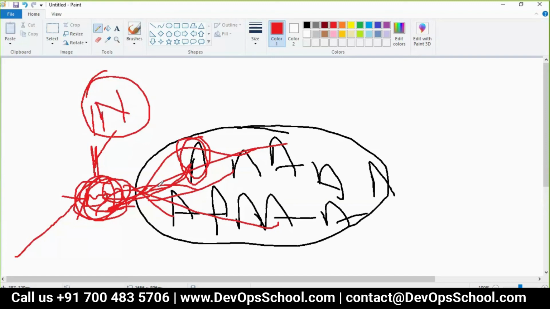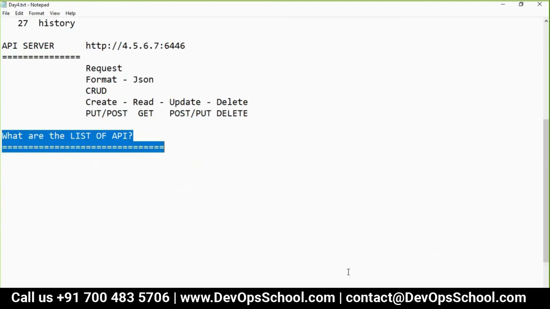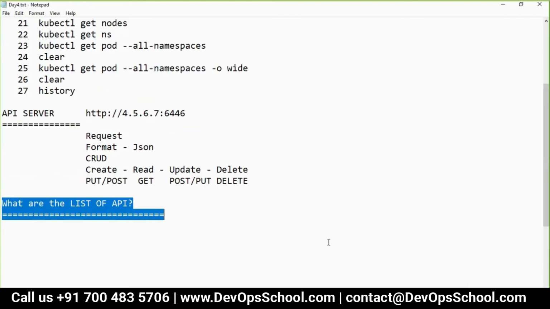API server consumes what? You do what? JSON. And you do what? What is your job in Kubernetes?